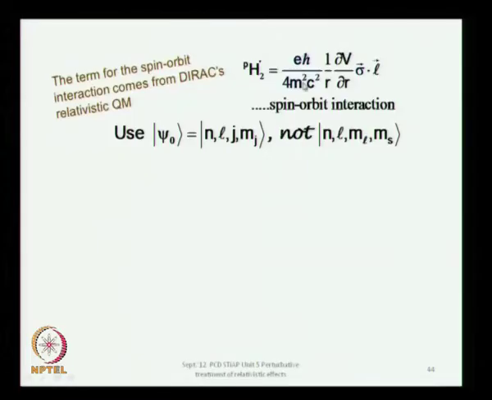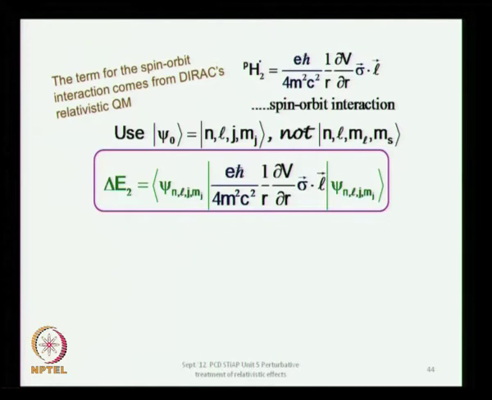This term we basically got from the Dirac equation, but what we are doing here is a perturbative treatment of this over the non-relativistic Schrodinger equation, and we will estimate the correction delta E2 to the unperturbed states which come with quantum numbers n, L, J, Mj, and this is the perturbation Hamiltonian whose expectation value